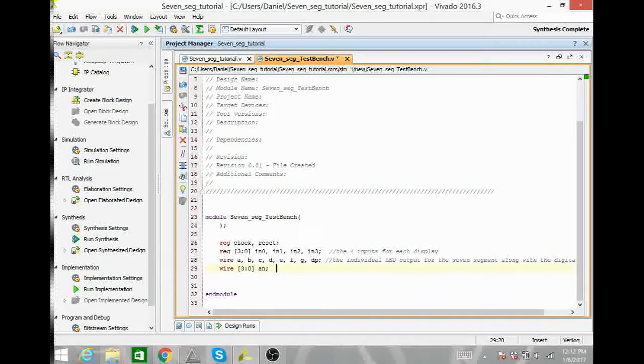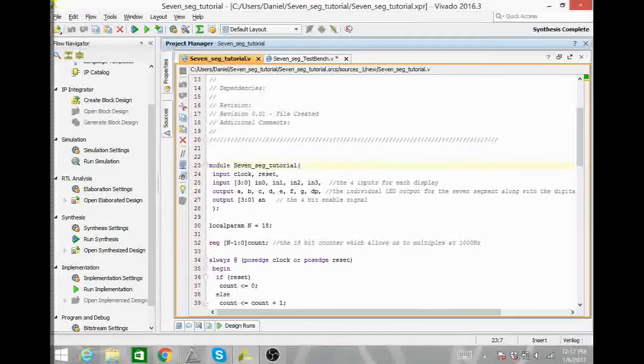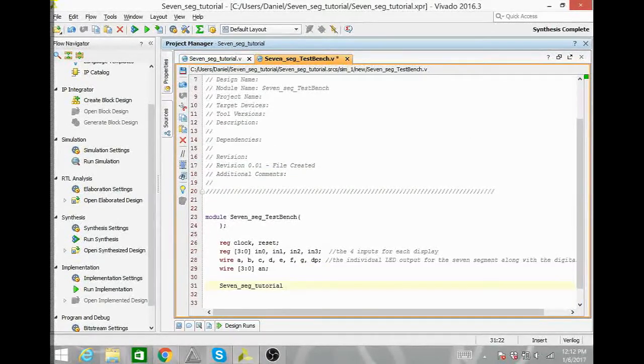Now step 2 is to instantiate the module that you want to test. To instantiate, all we have to do is go back to your module and copy the name, just the name, Control C. You copy the name, you add UUT, which just stands for unit under test. That is the name I'm giving it. You can change that name to be anything. But you do need the name of the module followed by the local variable name that you give it,